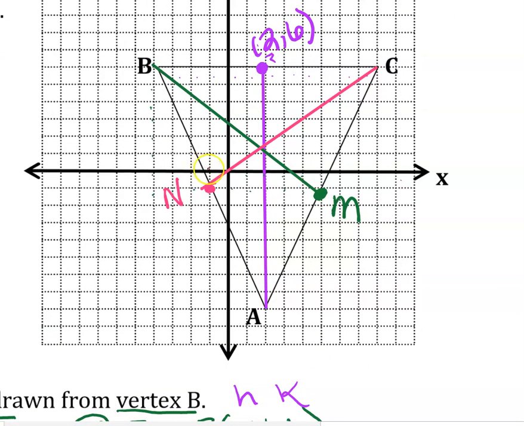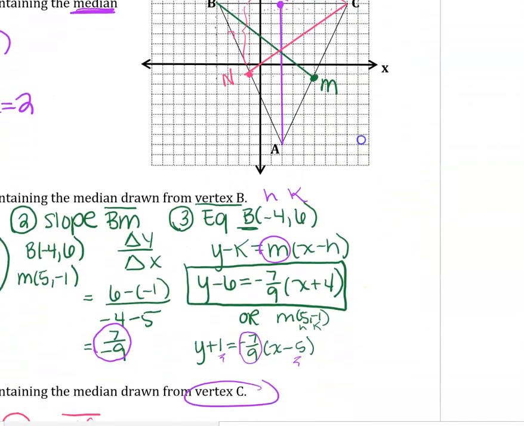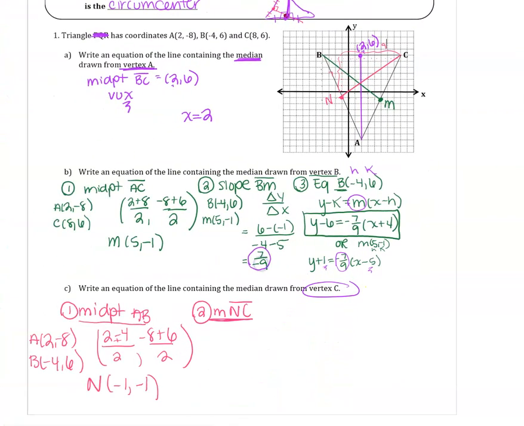So I'm going up 1, 2, 3, 4, 5, 6, 7. And I'm going over, so again, that was up 7, over 1, 2, 3, 4, 5, 6, 7, 8, 9. And that was over 9. So that's my rise over run slope for NC, so 7/9. I'm actually just going to write 7/9. Okay, so then lastly,